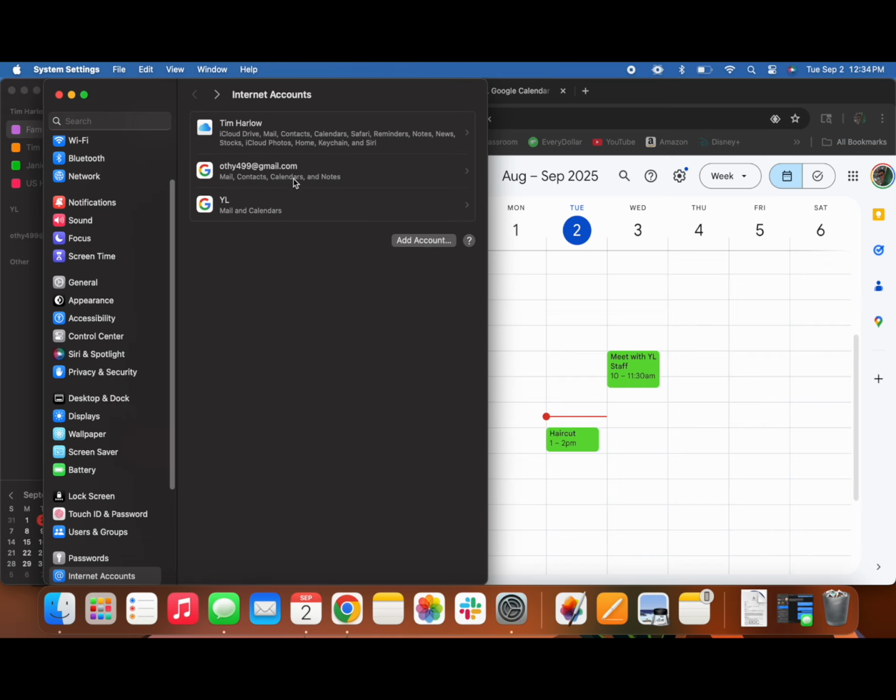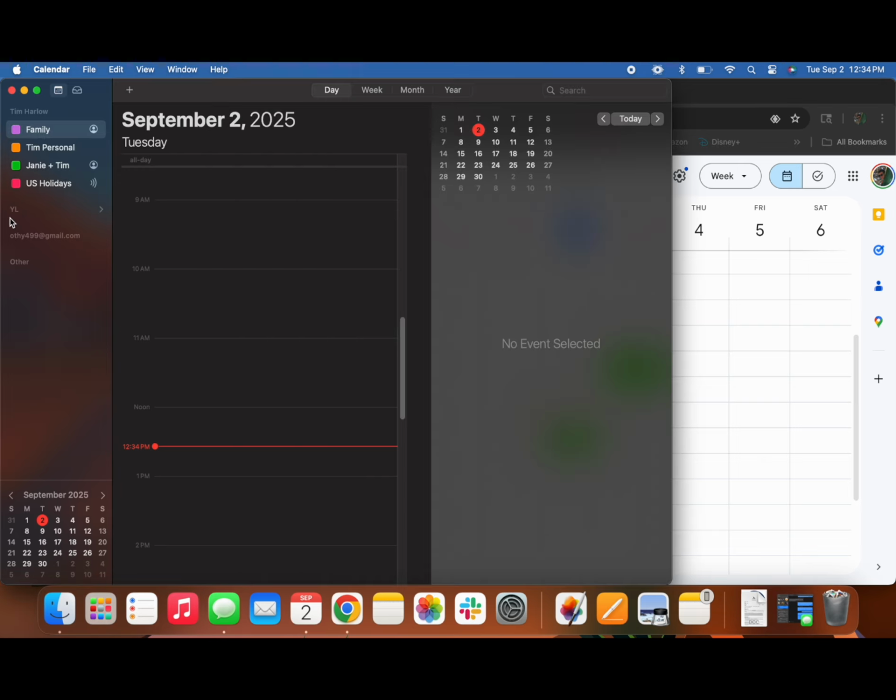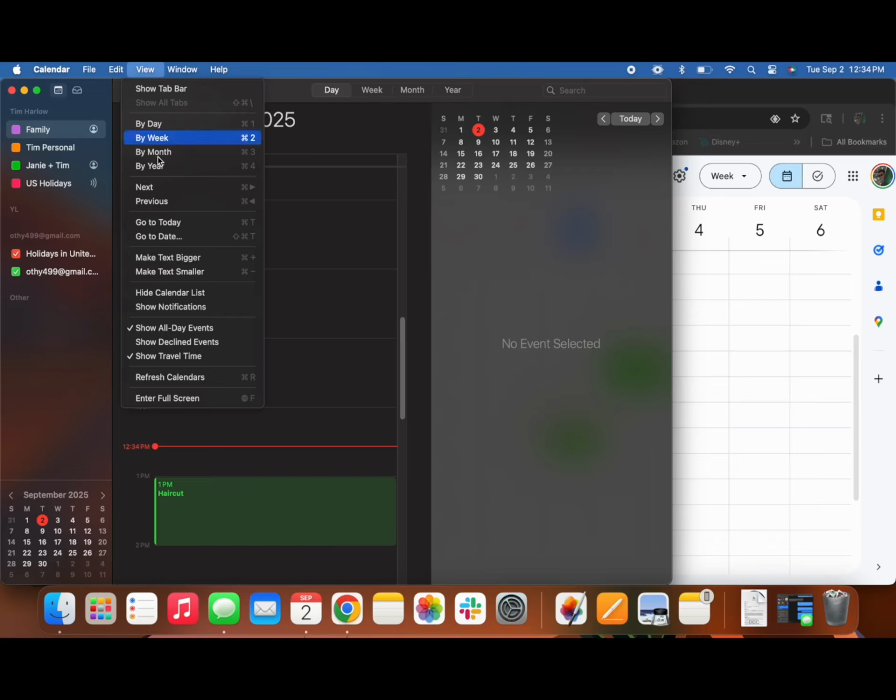Now you're going to X out of here. You're going to see that the Google account is added in System Preferences under Accounts. X out of there, go back to Calendar, and you'll see that the Google account is now in Apple Calendars. And in just a second, you can either click View and refresh, or you can click on your keypad, Command R, and it should refresh